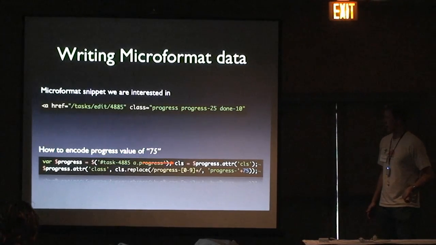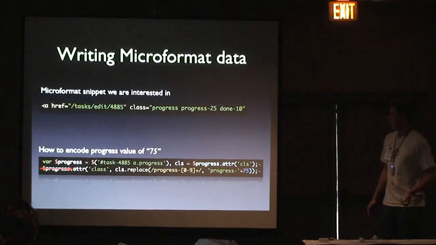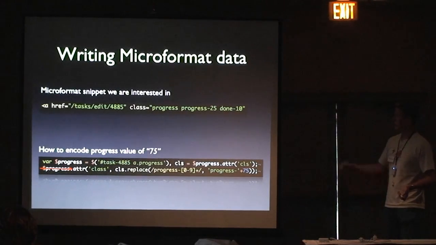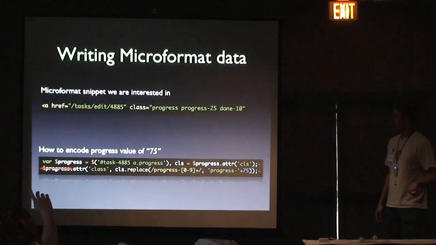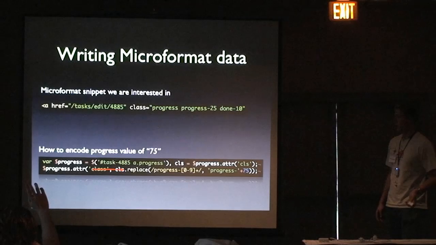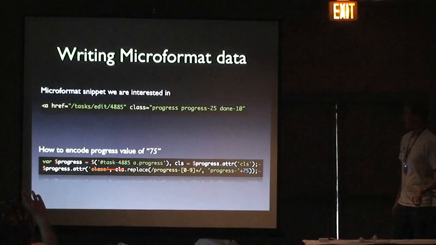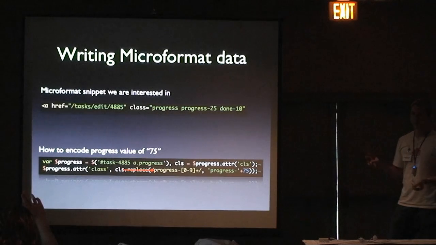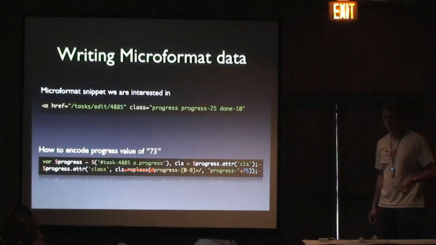We then get the class from this progress element and save it in a variable CLS. Then we change the progress attribute class, meaning the string up there, and we base it off the value of the CLS variable we just saved. So the only thing we do with it is we replace the progress dash 25, in this case a regex matching any number, so progress,